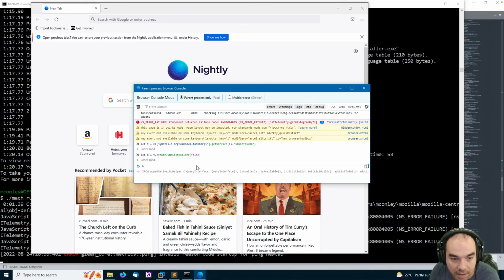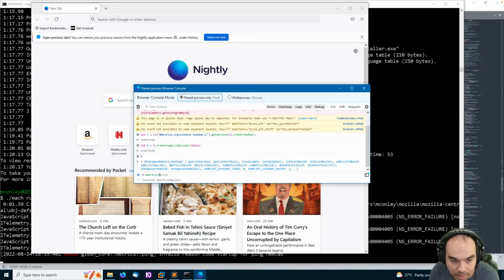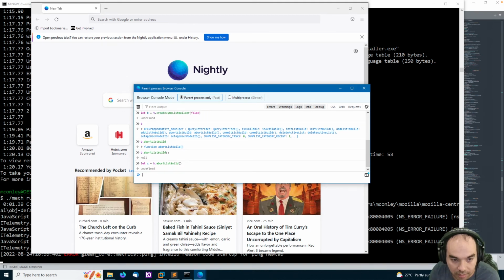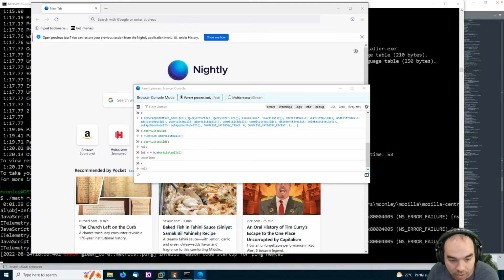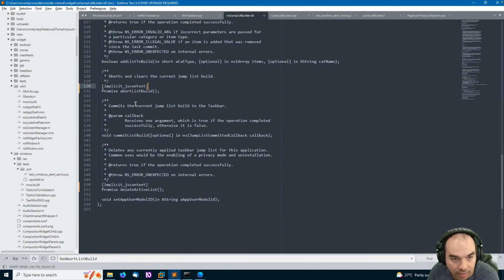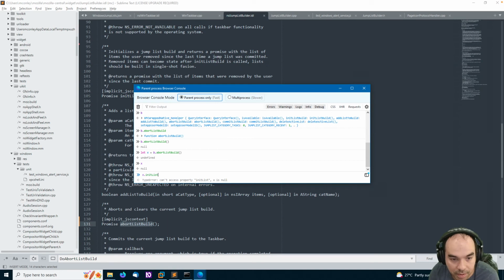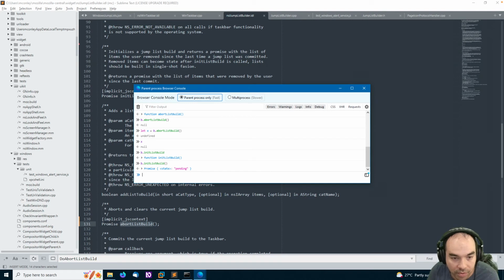False. B. What happens if I say like abort list build? Null. That's supposed to return a promise, is it not? Abort list build. What happened to b dot init list build? That returns a promise. B dot abort list build.